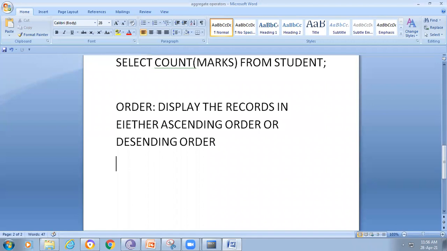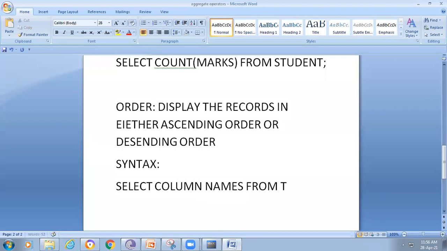So how are we using this syntax? For example, select, specify the column names from table name, here we specify order by the column name. In which column can we order this?